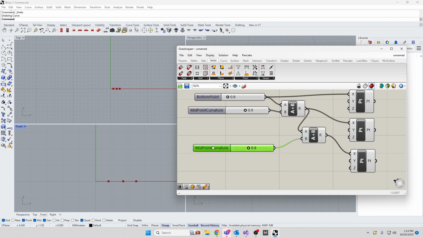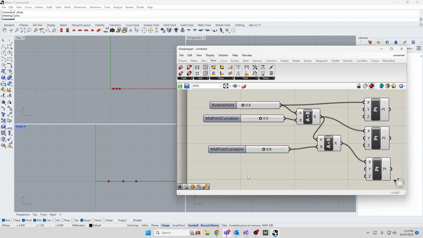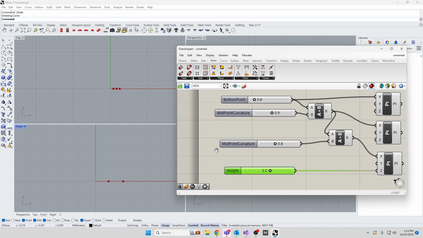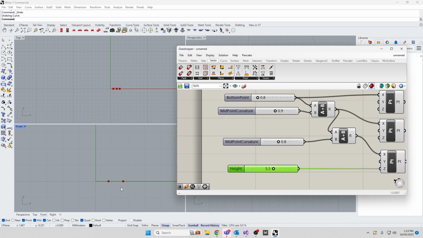All right, so we're going to need the height of our curve. So I'm going to make another slider 5.5, and I'm going to connect it to the Z of the endpoint. So this is our height. Let's call it height. This is the bottom point, and so now you should have one point up here, and we can bring the height down. And then we want this height to be halfway between that height and this height, so we get